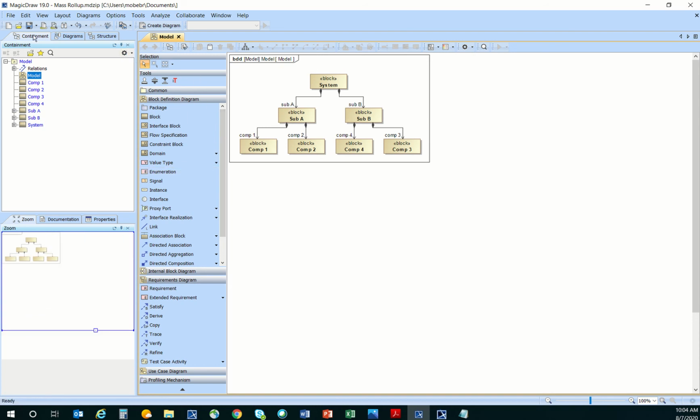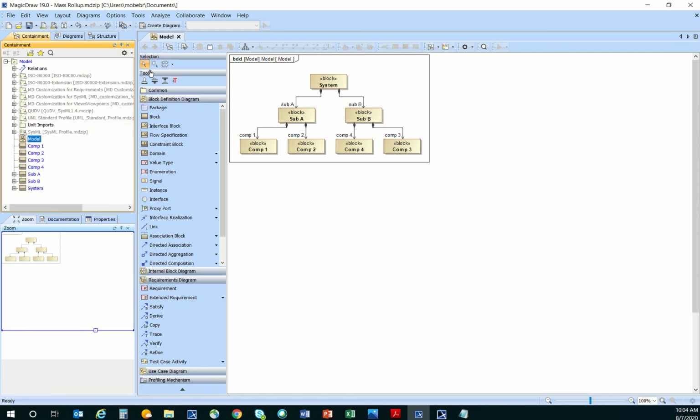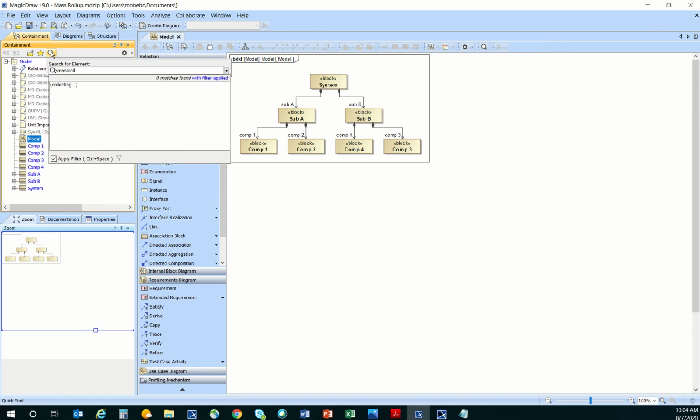So the rollup pattern is actually stored as an auxiliary resource in your containment tree. So if you go up to this gear options, gear up here at the top, you can go to Show Auxiliary Resources. And I'll do a search for that. So we'll do Mass Rollup. And if you uncheck the Apply Filter option,